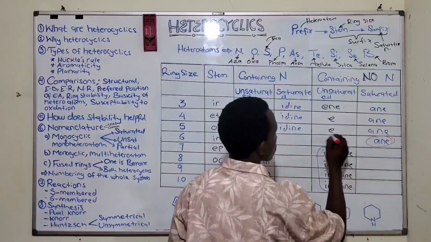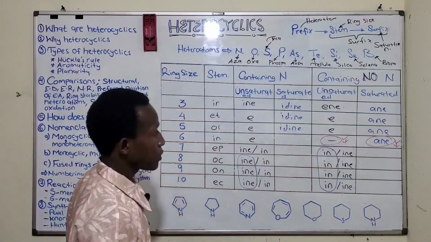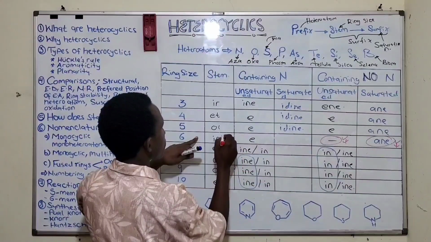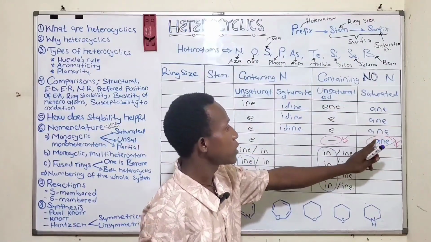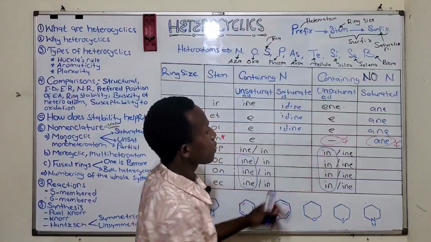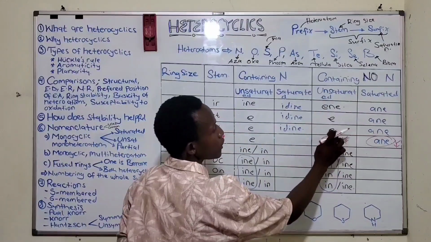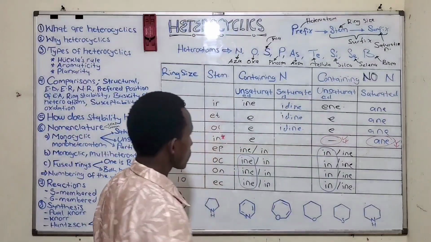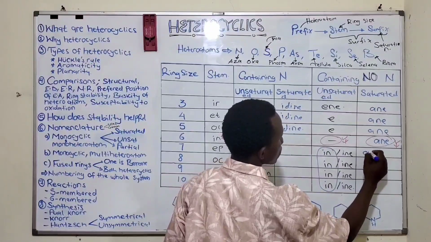This one, they are a bit special. If you write N, we don't put this for the 6-membered and it is saturated, containing no nitrogen. You don't write the stem. And if it is a 6-membered ring containing no nitrogen and is unsaturated, we don't put E. We just stop at in. Now, for the rest, we just add N,